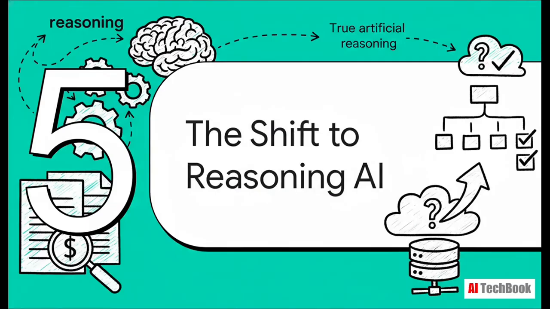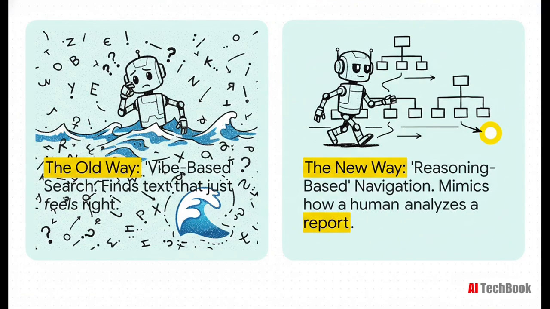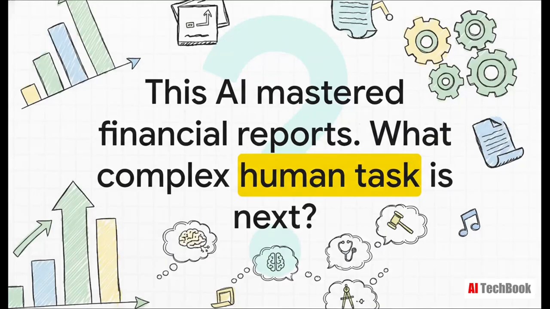So what this all really represents is a fundamental shift in how we should be thinking about AI. We're finally moving away from just simple information lookup and toward true, genuine artificial reasoning. And this slide just sums it up perfectly. The old way was what you could call vibe-based search. It was just finding text that kinda, sorta felt right. The new way is reasoning-based navigation. It's an AI that mimics how a real human analyst actually thinks, navigating a document's complex structure to find a specific, verifiable fact. So what we've seen today is a totally new approach that has solved a massive billion-dollar problem,